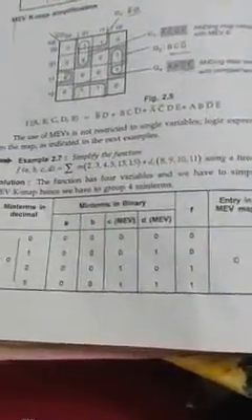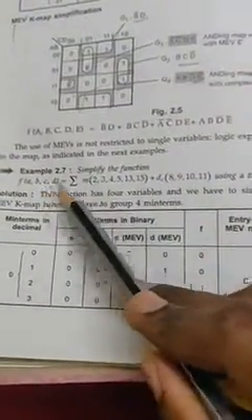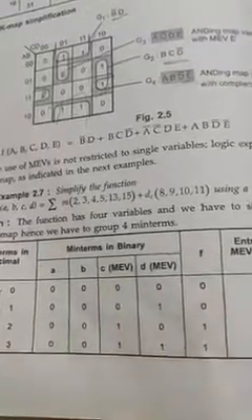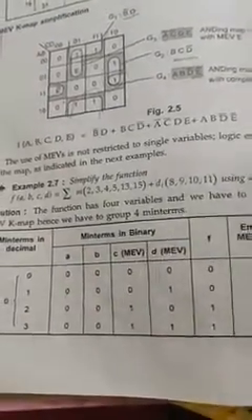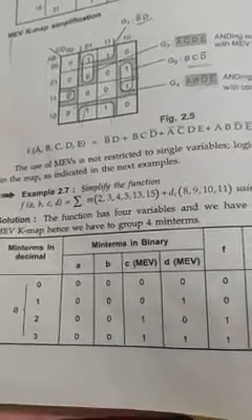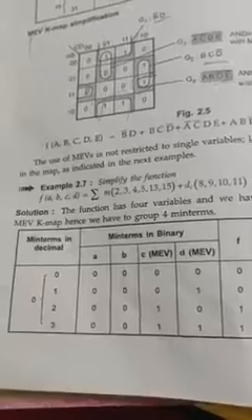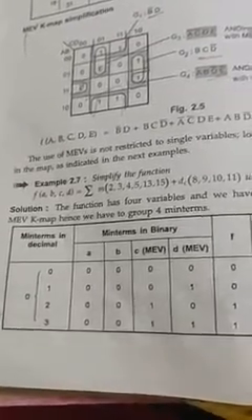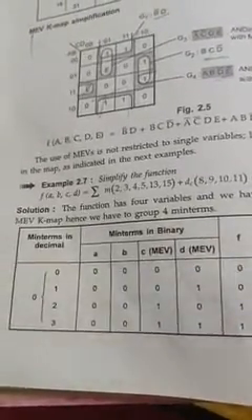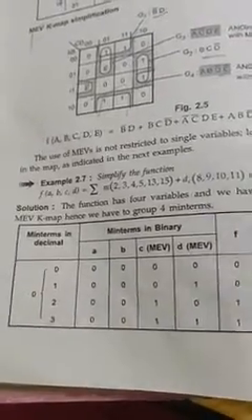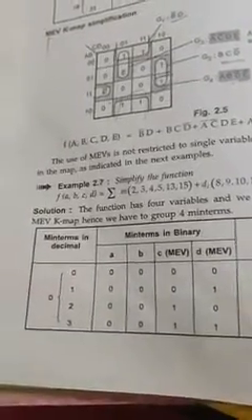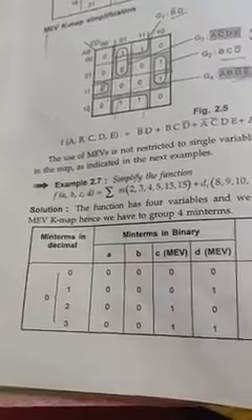Going with the next problem, f of ABCD, this is a 4 variable function using the 2 variable MEV method. So far what we did is 5 variables were reduced to 4 variables, 4 variables were reduced to 3 variables, and 3 variables were reduced to 2 variables. But here 4 variables are reduced to 2 variables. A 4 variable K-map contains 16 inputs, and a 2 variable K-map contains only 4 inputs. So 16 has to be reduced to 4 now.